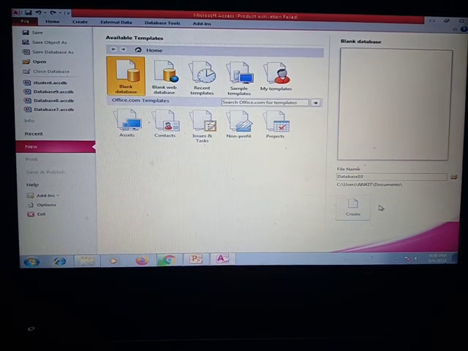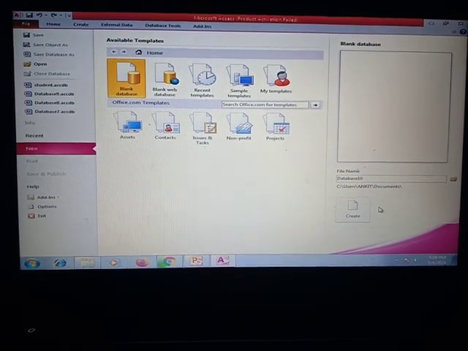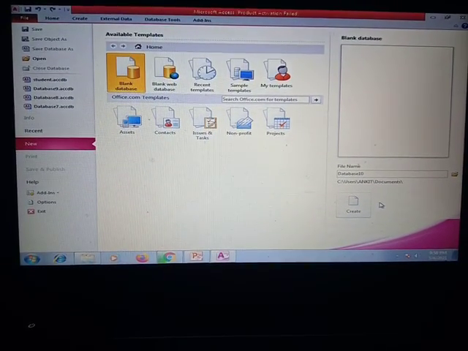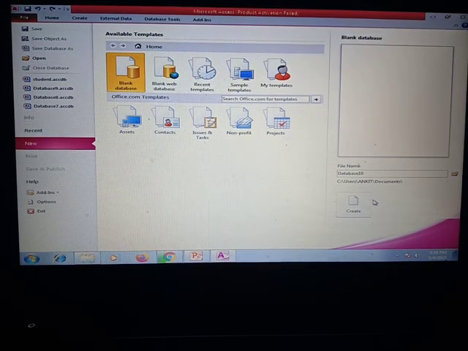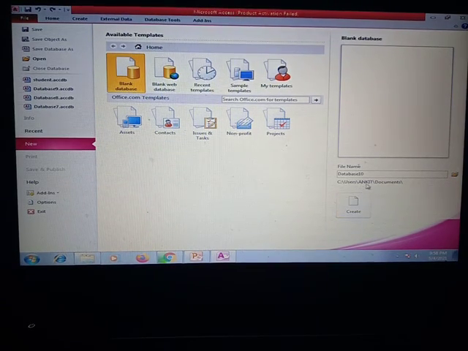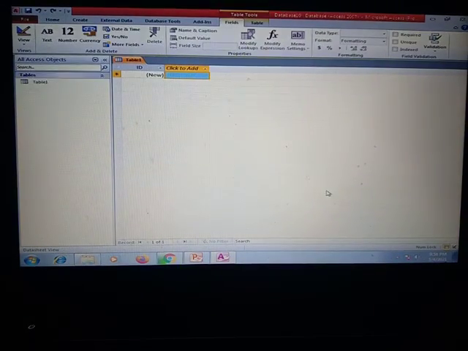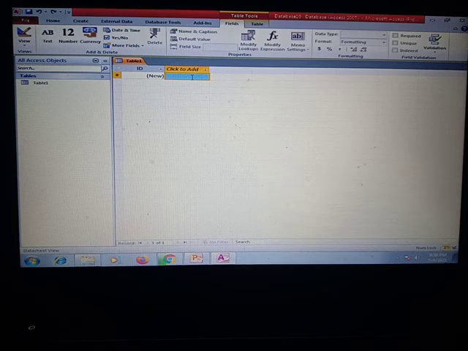You have a separate chapter on forms, in which I will tell you how to make a form. Now we have to create a database, then we can give the name of the database here, and click on create.